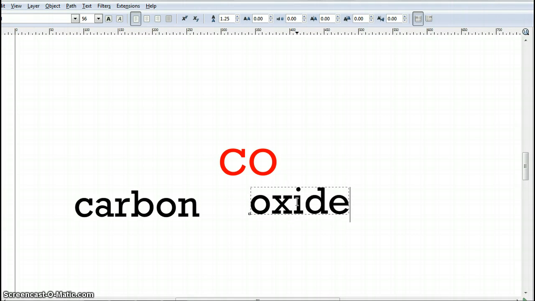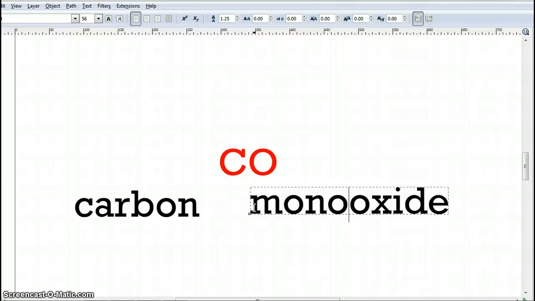oxide. And because there's only one, we said that you will use the prefix of one on the second word, but not on the first. So this becomes monoxide. Now, if you were to read this, this looks pretty terrible. That looks like monooxide, and we don't want to use a double O here. So instead, it looks a little bit better to take the O away,